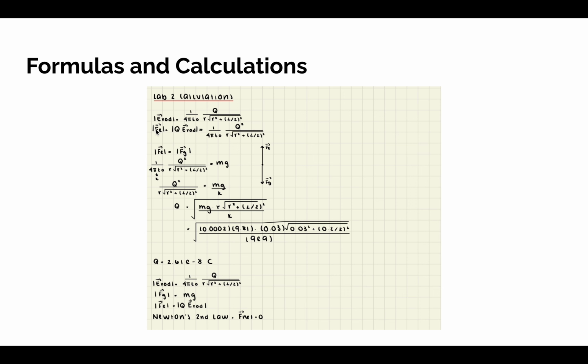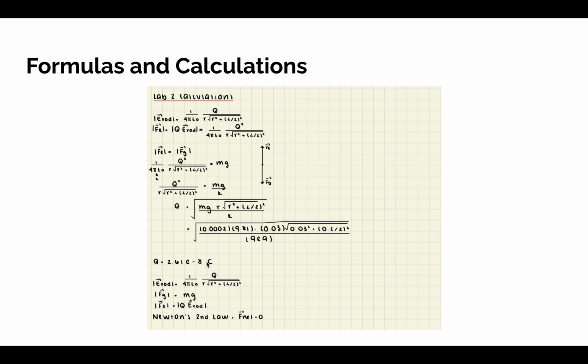And here, as you can see, the electric force is basically the Q, the charge, times the electric field of the rod. Here we can see that these two forces cancel out, and we use Newton's second law to describe that the F net is 0. So we equate these two equations, and we are able to isolate Q, and finally we were able to get 2.61 e to the negative